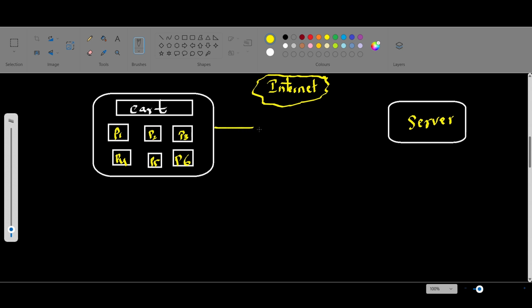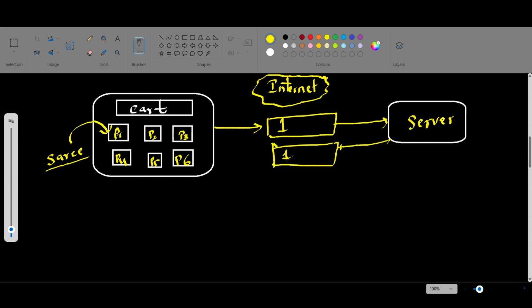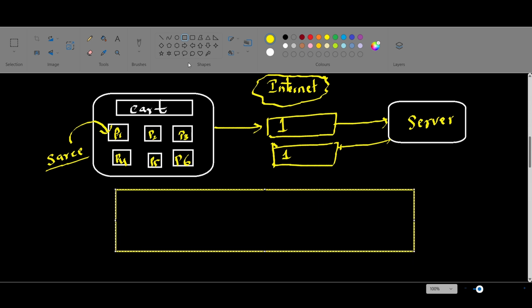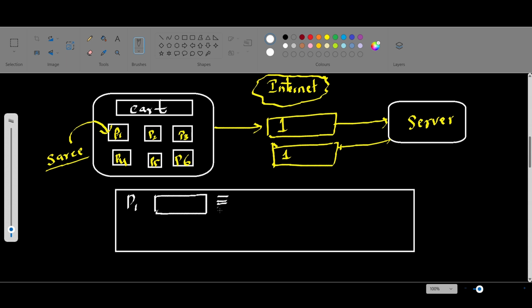Whenever I click this product one, suppose for example product one is a sari, I click this sari product. Now it gives a request. The first request went to the server, and now it will give us the sari related response. Imagine this is the sari related product response. It will give the product one image as well as image related content, like what the sari is related to, whether it is cotton or silk, and next it will give